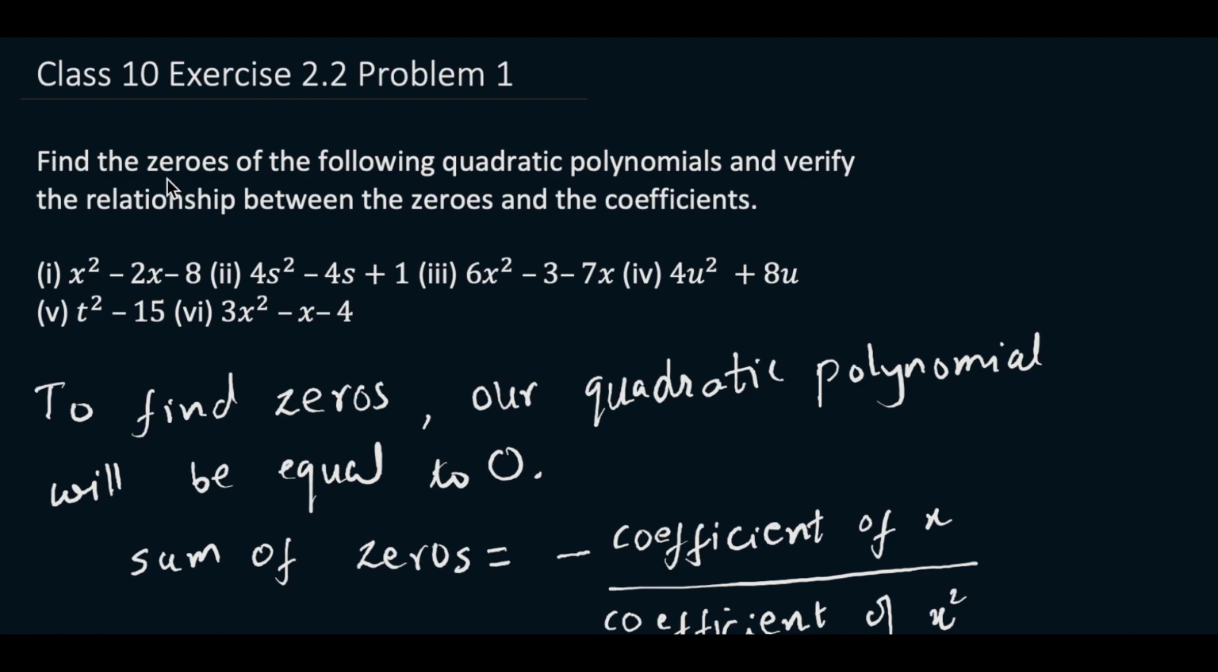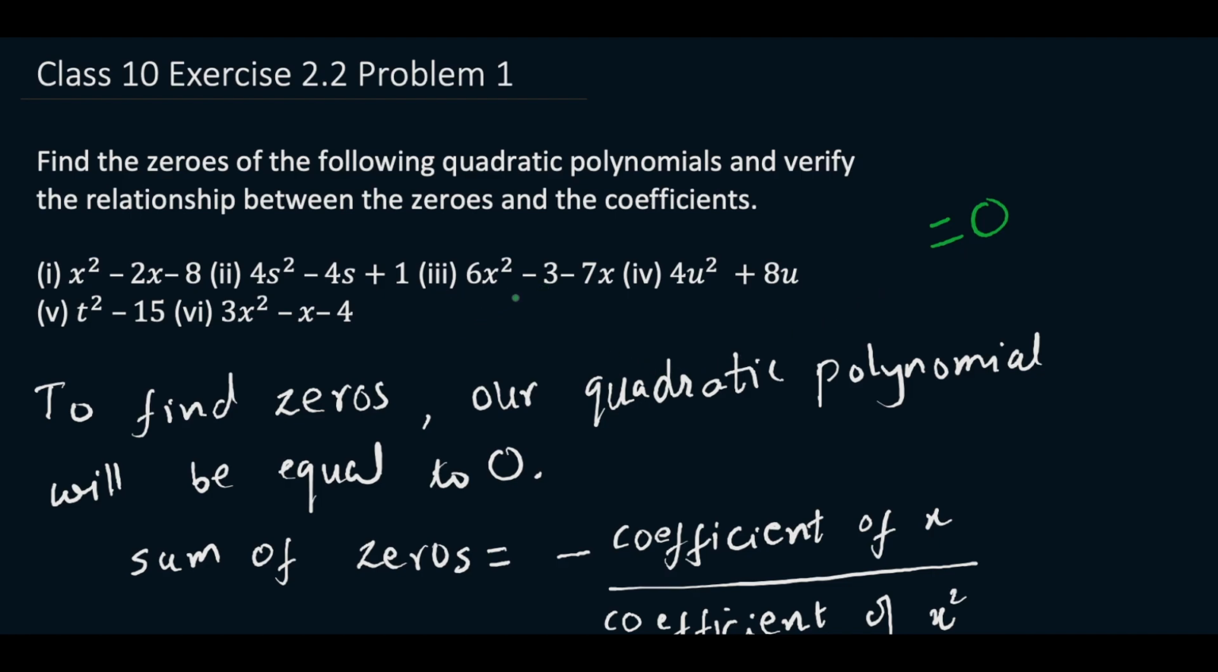The question here is: find the zeros of the following quadratic polynomials and verify the relationship between zeros and the coefficients. So we are given 6 polynomials here. We need to find the zeros and verify the relation between zeros and the coefficients. First we will be equating our polynomials to 0, and then we need to verify